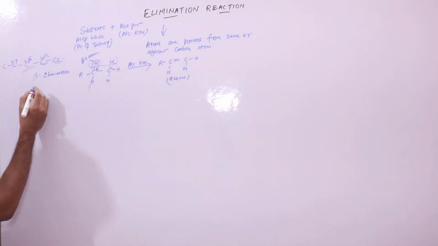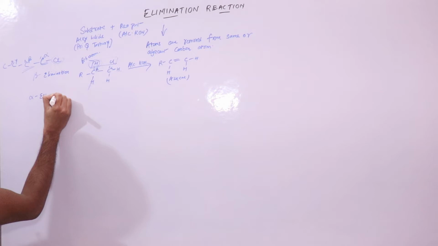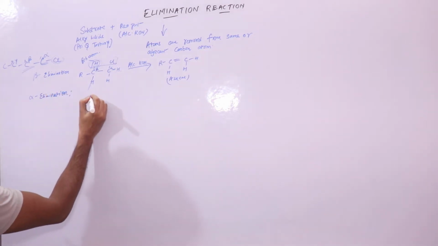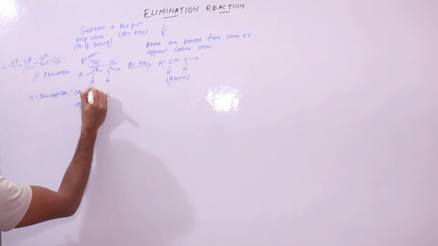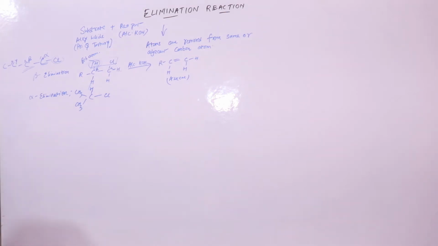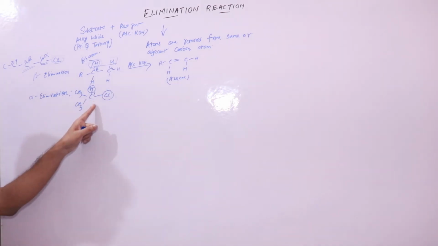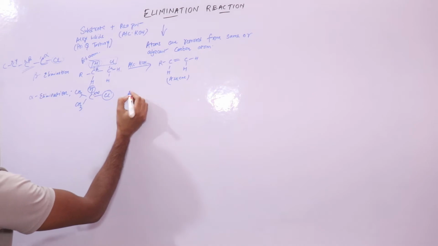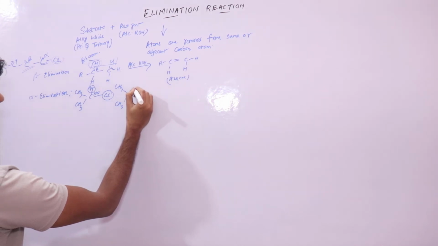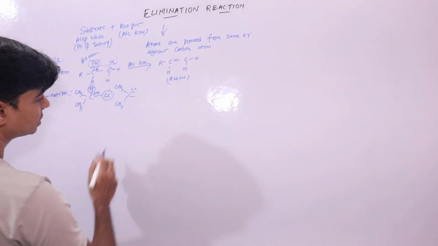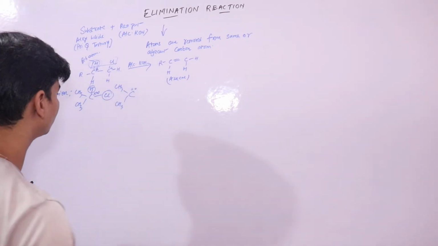Now the other type of reaction is alpha elimination, where elimination would be somewhat of this type. This is your first carbon atom, so the atoms that are removed would be from the same carbon atom, the first or alpha carbon atom, to form an intermediate which we call a carbene. This is a carbene. This is a reactive intermediate, which will further react to give you stable products.